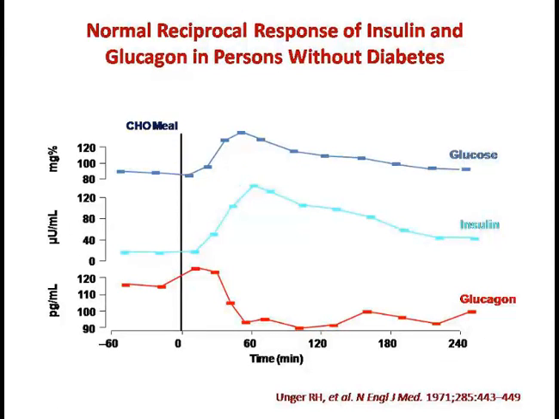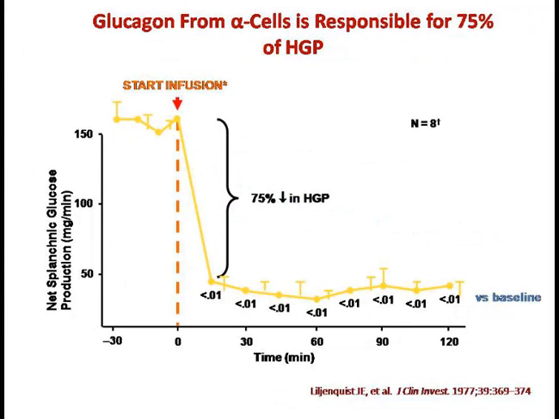And to compensate for the rise of the glucose, the insulin levels go up, and indeed, the glucagon levels go down to try and make sure that the glucose levels stay in balance. And this is the basic physiology of glucagon release from the alpha cells. It is also shown in various studies that when you actually give a glucagon infusion, it increases the amount of hepatic glucose production, and the alpha cells are responsible for this.